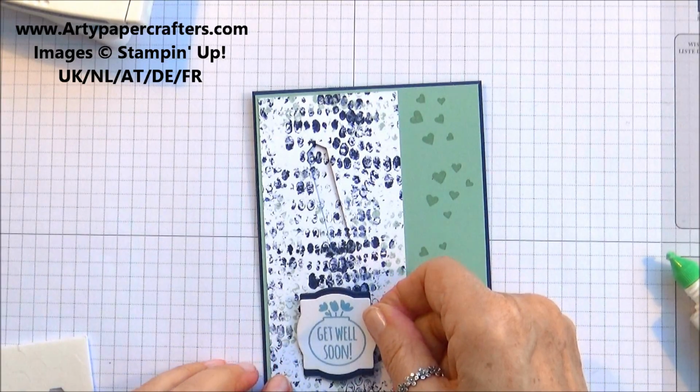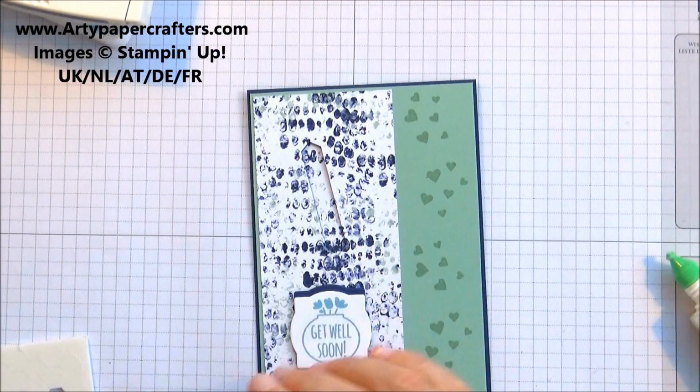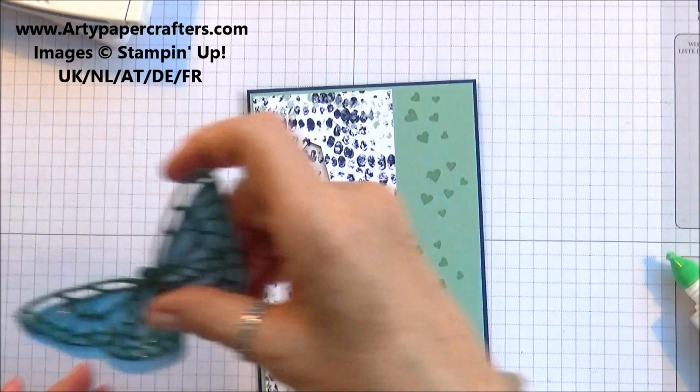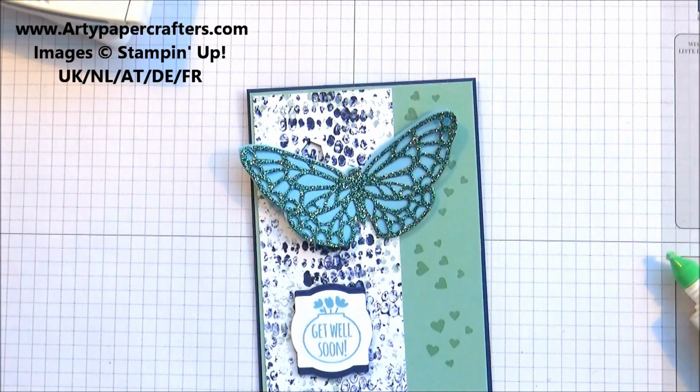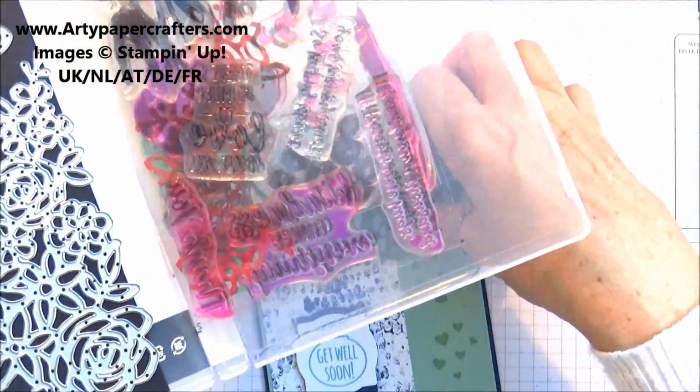I'm going to stick that down there. Now I've cut the butterfly from the Abstract Impressions framelets. I think I explained. Now what I did was,